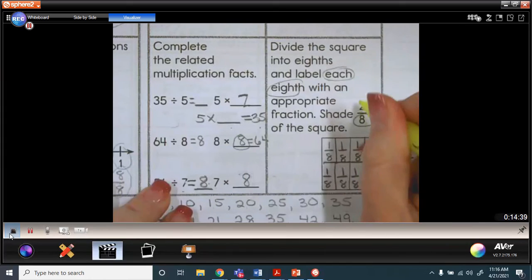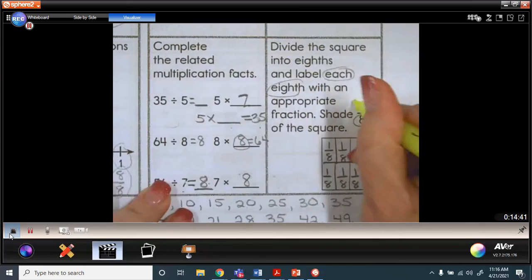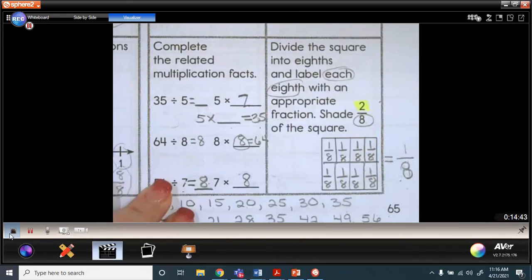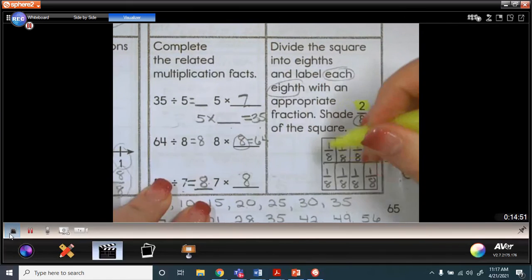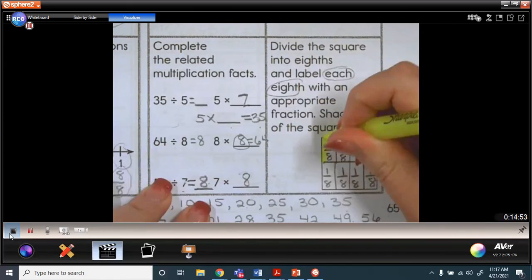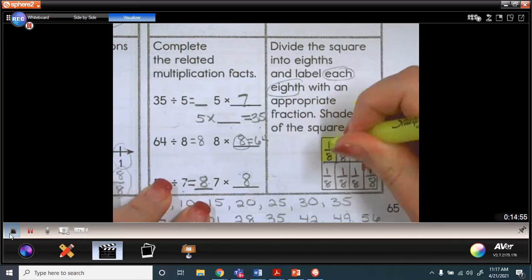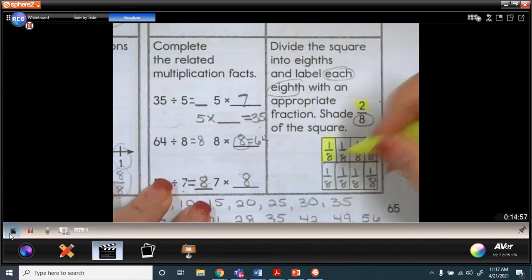So my numerator tells me how many parts I'm supposed to shade, and my denominator tells me how many parts are in the whole. So again, it doesn't matter which ones I shade in, as long as I shade in 2 of them. But I think I will